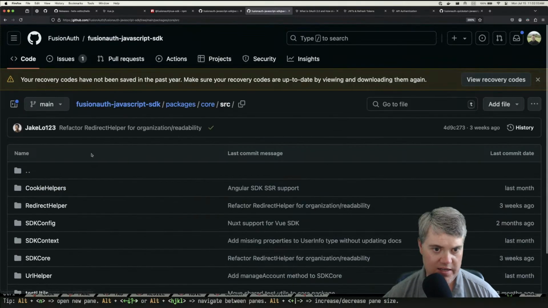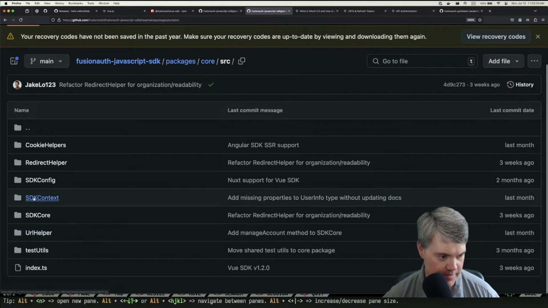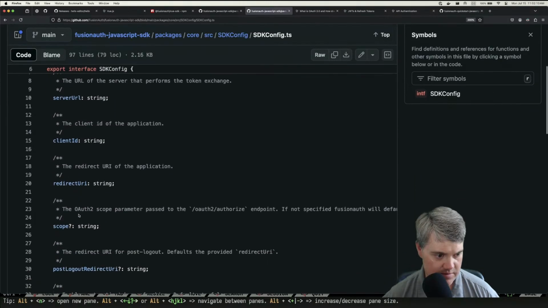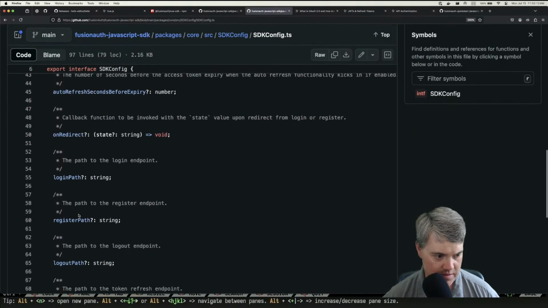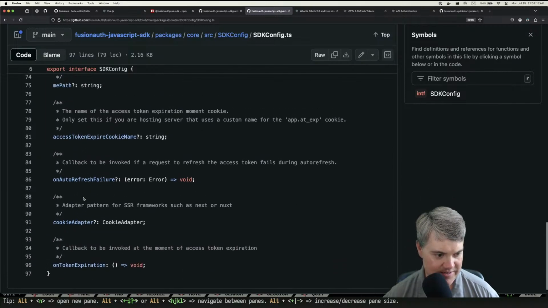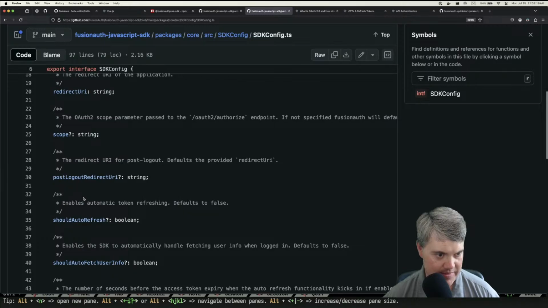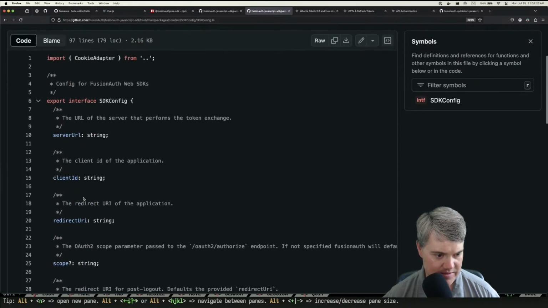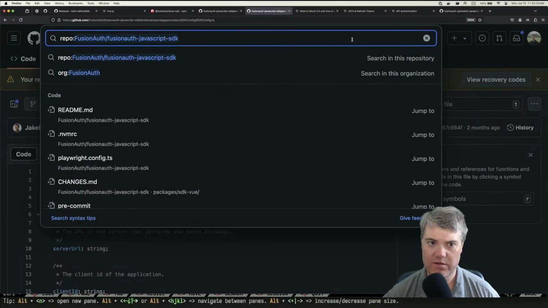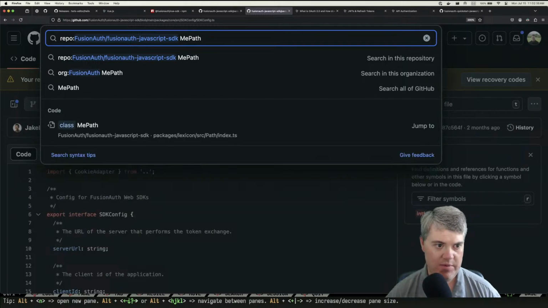Okay, we need SDK config. The me URL, me path, just a string. Where's their defaults set? I guess in like, okay, app. It was like app me or something like that. I think that's what we saw. So if we search for me path,